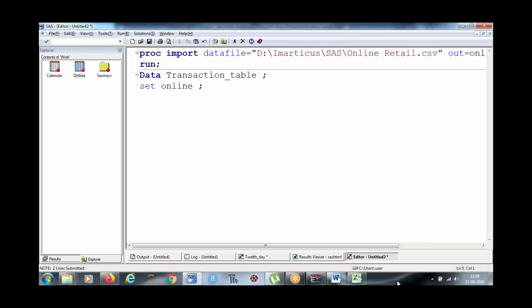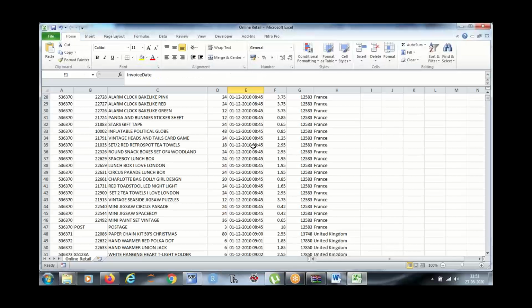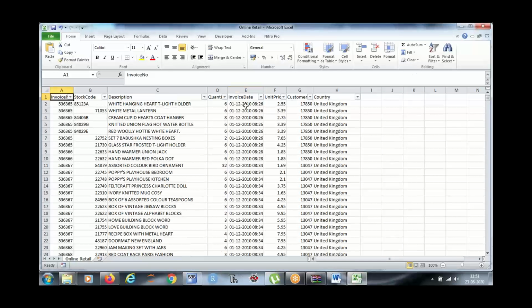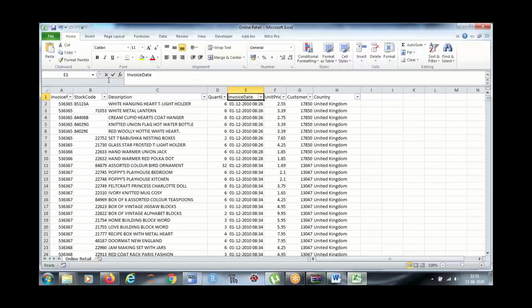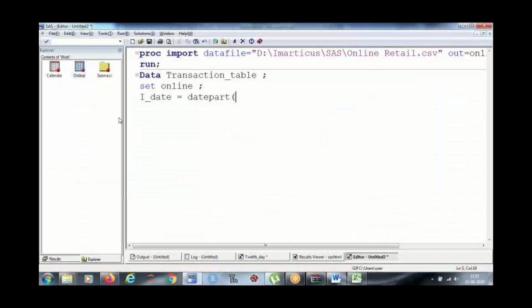In your raw data, the name of the column is invoice date. So let's create invoice date is equal to date part from this column, right? And then you have invoice time.